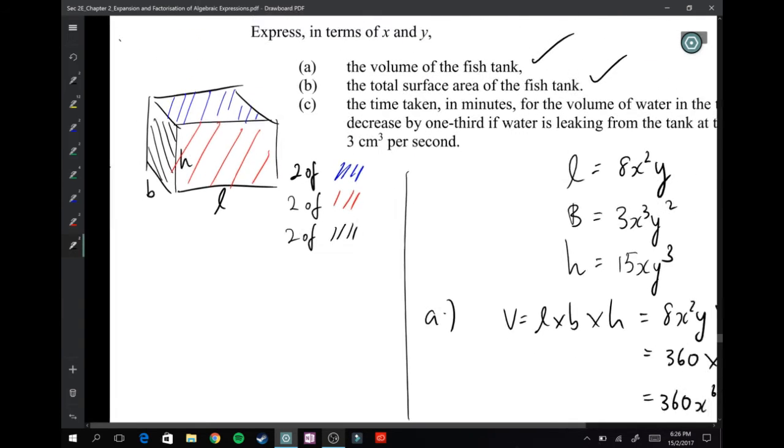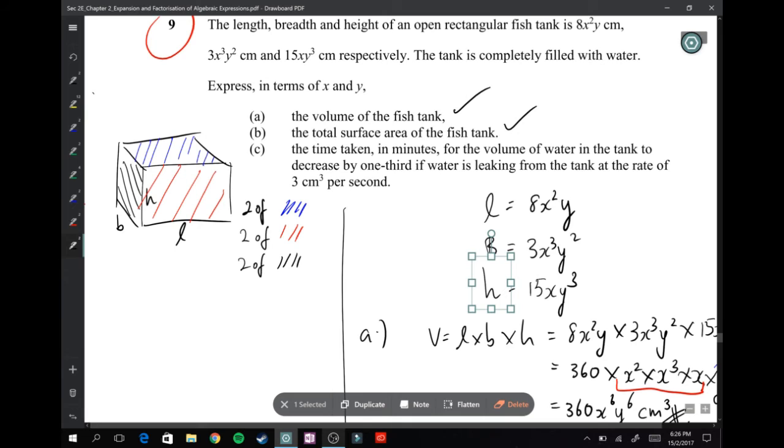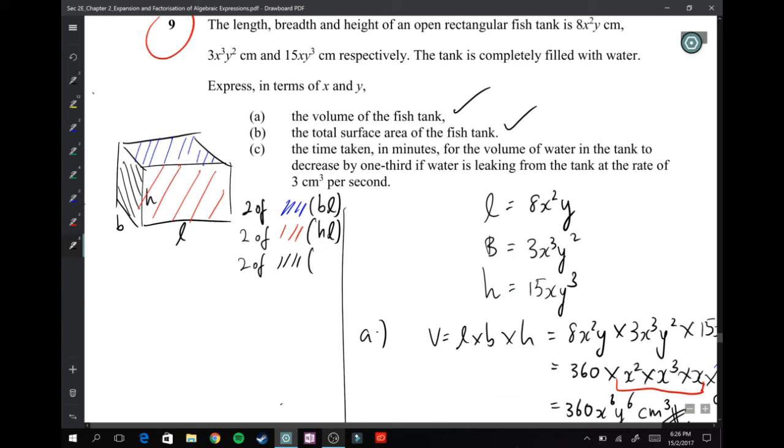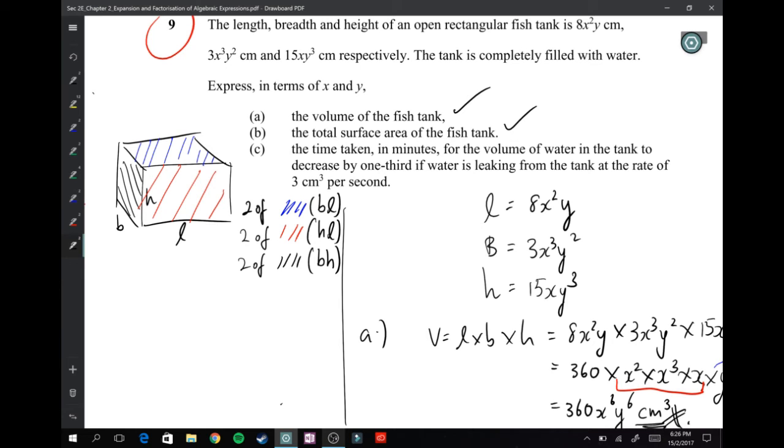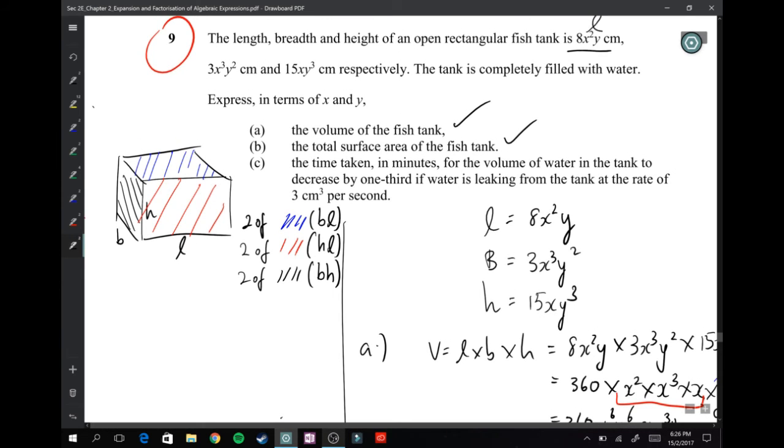So the red is actually HL, the blue is actually BL, that means base times length, and the black is actually base times height. So we're going to look at this and multiply them together. Base times length, so this is my length, my breadth, and my height. Breadth times length, for BL, is equal to 3x cubed y squared times 8x squared y, and we're going to get